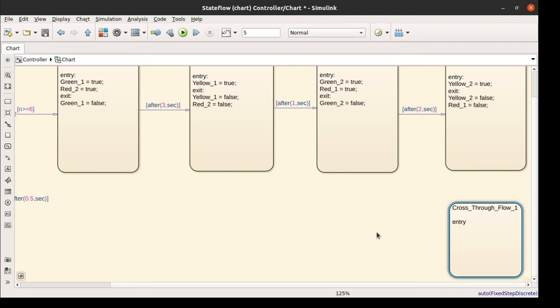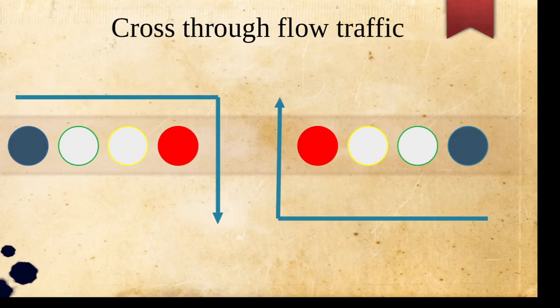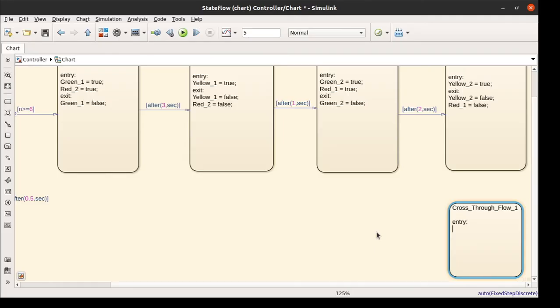So the entry condition for this is, let's go and visit our block here. As you can see here, I want to turn on red LEDs, not only in the same direction but in the opposite direction as well. So I need to turn on 4 red LEDs and 2 blue LEDs. For that, go back to the model and say red 1 will be false. No, I want to turn it on, so make it true. Red 2 will be true and the blue one will be true.